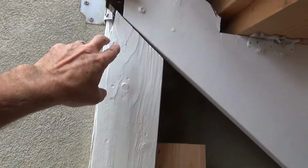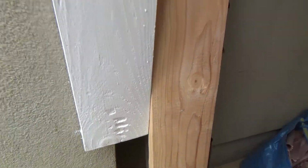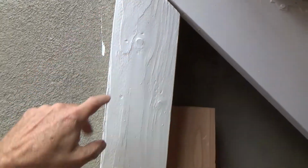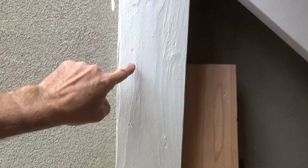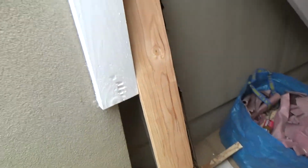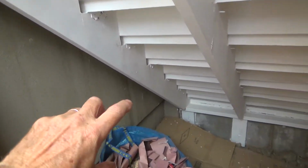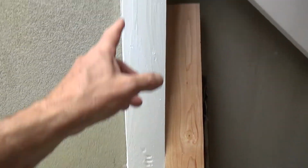And they had this funky little thing here, and it's wobbly. See how it's wobbling? I went ahead and painted it. They had screws. They put some long screws in through here, and it's going into the stucco and stuff. But it's not that sturdy. And no inspector would buy off on that. He'd laugh you out of town if he said,